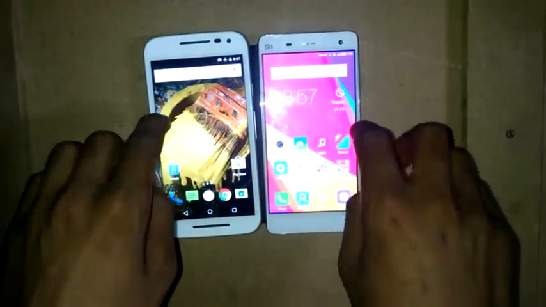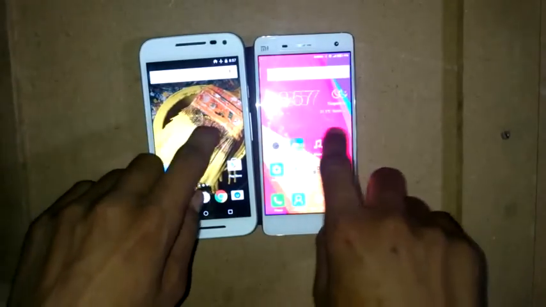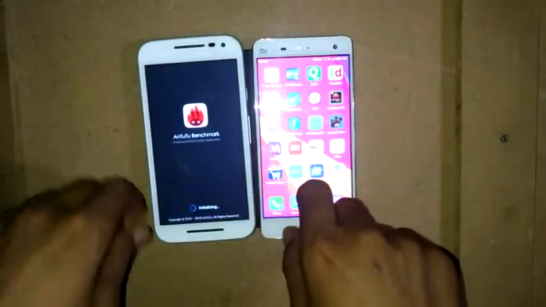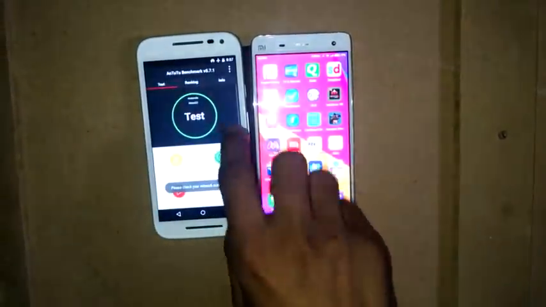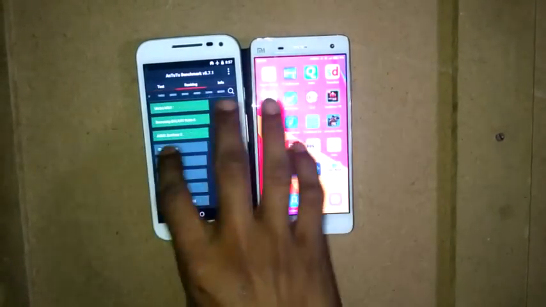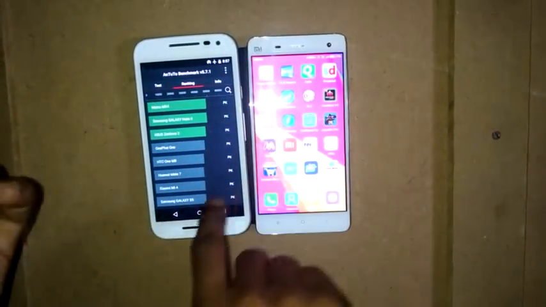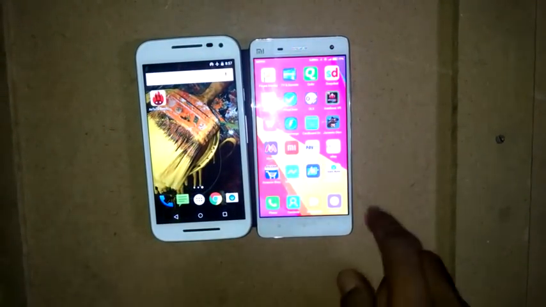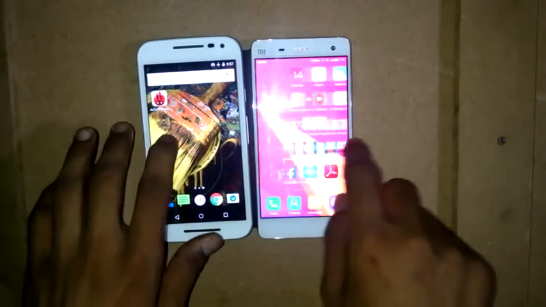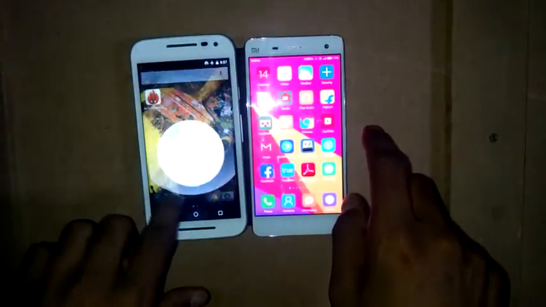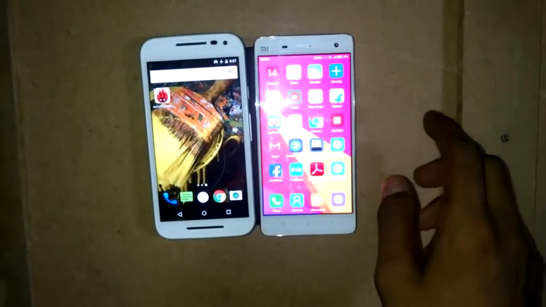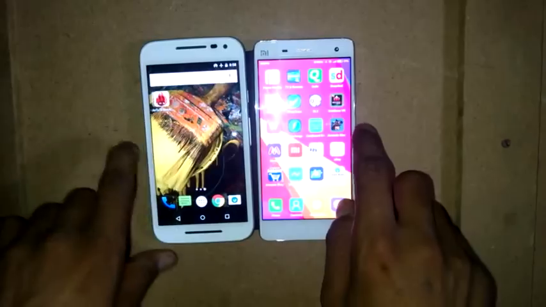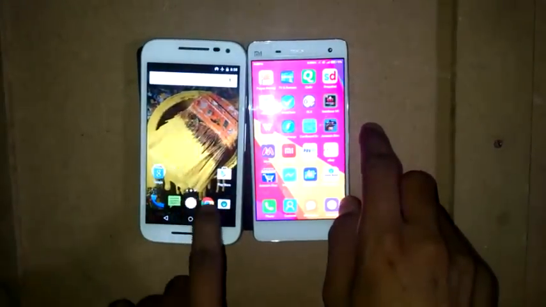So let's quickly take a look at the two mobiles and their display quality. First of all, I am going to show you the benchmark score of these mobiles. So let's look at the benchmark. I have already tested it, and somehow it is not showing here. It got a score of 22,000, while the MI4 got a score of 42,000. So the MI4 is a much better performer than the Moto G3. And let's quickly launch an app to show how quickly it launches.